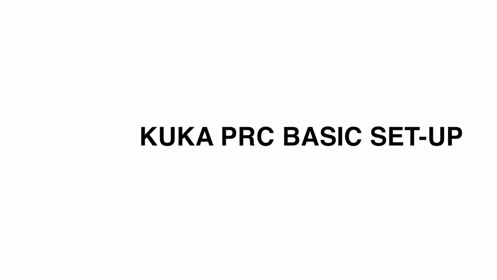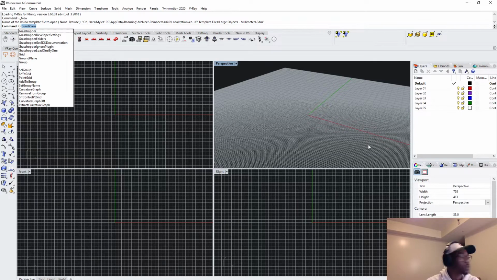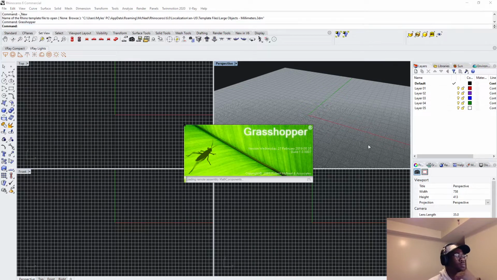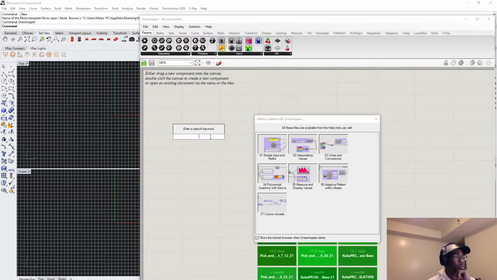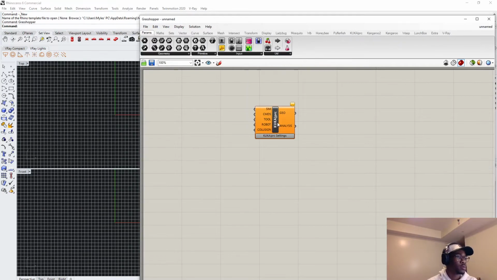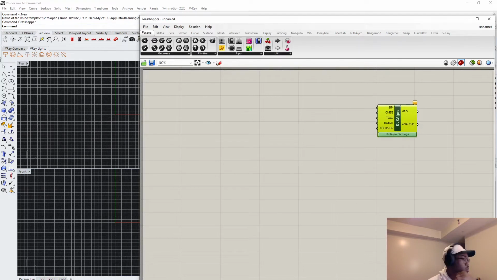Alright, let's open up Rhino again. Alright, now we will cover our basic Grasshopper template setup. So we're going to open Grasshopper and basically begin our new file. Everything for KUKA PRC runs through the core component. So let's just drop that in here and leave it off to the side, because for right now, we will leave it alone while we set up